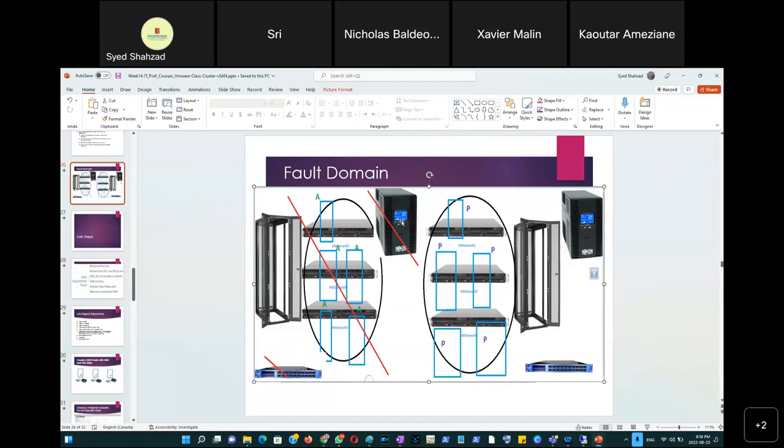So if there is a single point of failure, and suppose there are multiple racks that have a single point of failure, then when you create a virtual machine here, it creates one fault domain here, and there's another fault domain here. So the one virtual machine that you created here is the active virtual machine, and its passive or standby copy is created on the other fault domain. So if this rack has a single point of failure and it actually crashes, then